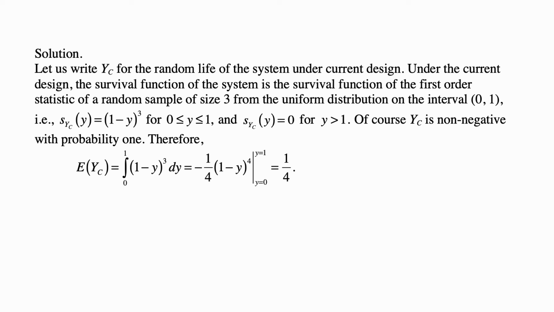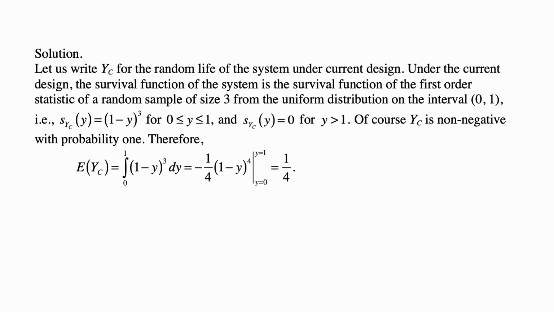And here's the solution. Let us write Y sub C for the random life of the system under current design. C stands for current. Under the current design, the survival function of the system is the survival function of the first-order statistic of a random sample of size 3 from the uniform distribution on the interval 0, 1, and that means that S_{Y_C}(y) is equal to (1 minus y) cubed for y between 0 and 1, and that's because the survival function of the uniform distribution between 0 and 1 is 1 minus y, and then